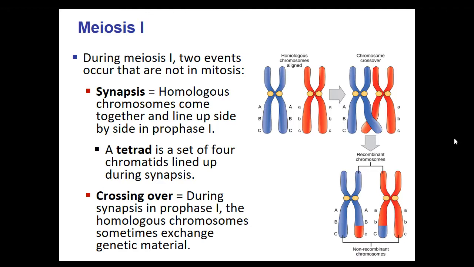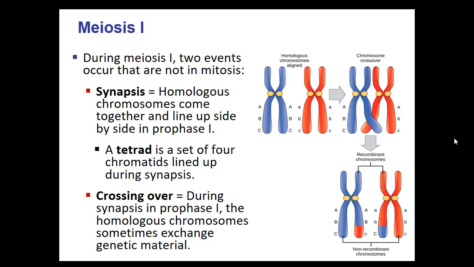This has some blue genes and some red genes. So we call these recombinant chromosomes, because they have a combination of genes from the two original chromosomes. So this is called crossing over, and this is one reason